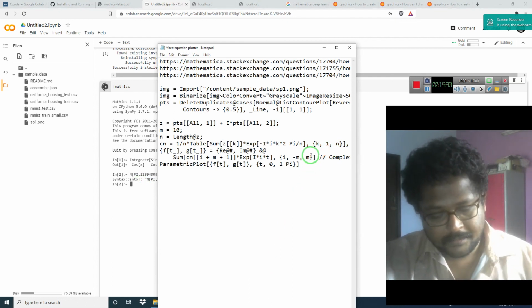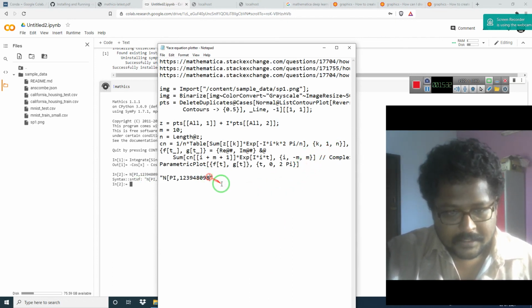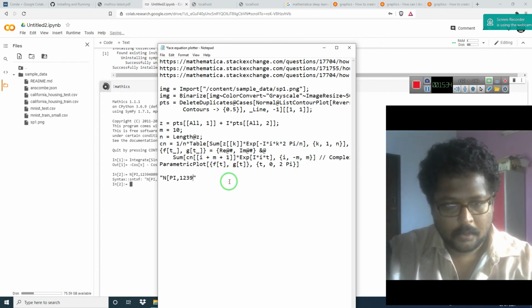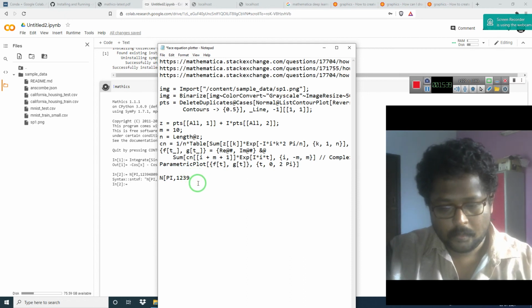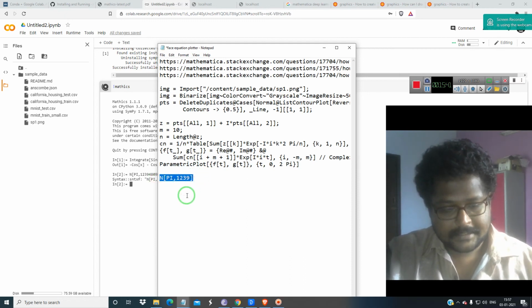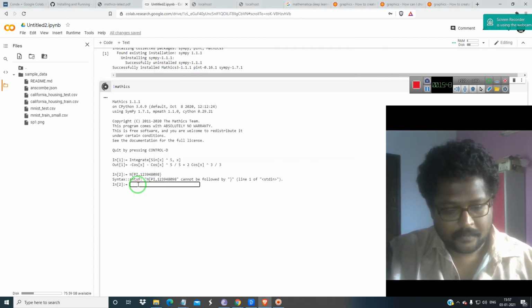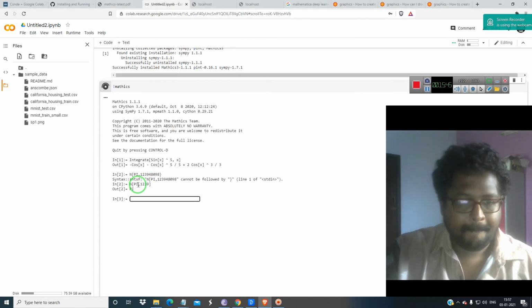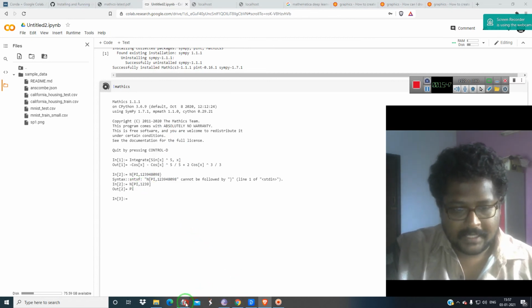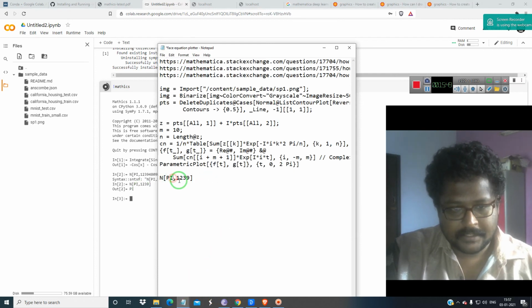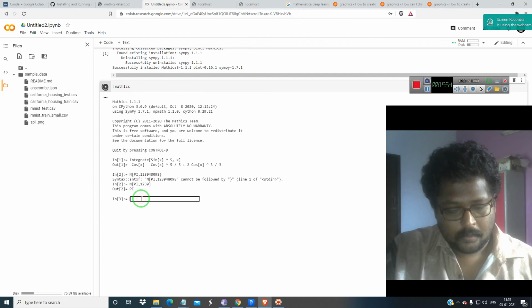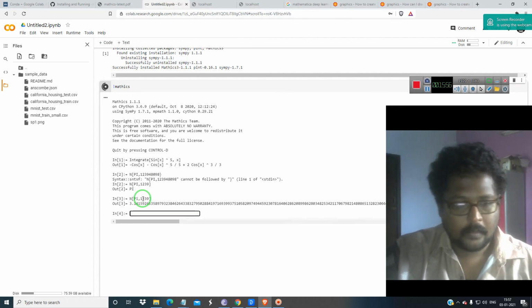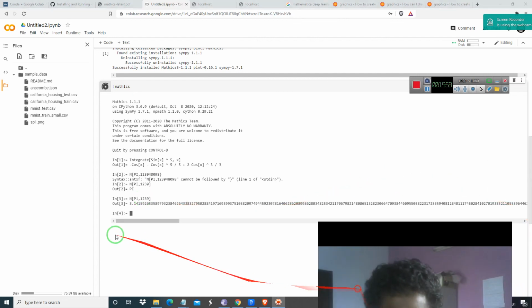We are going to estimate the value of pi, for example, up to 1293. Let me show you. Copy this, Control C, and paste it over here and hit enter. It is just saying pi because you should give the small letter for this. Let us see now. Okay, it has estimated the value of pi. It's very simple.